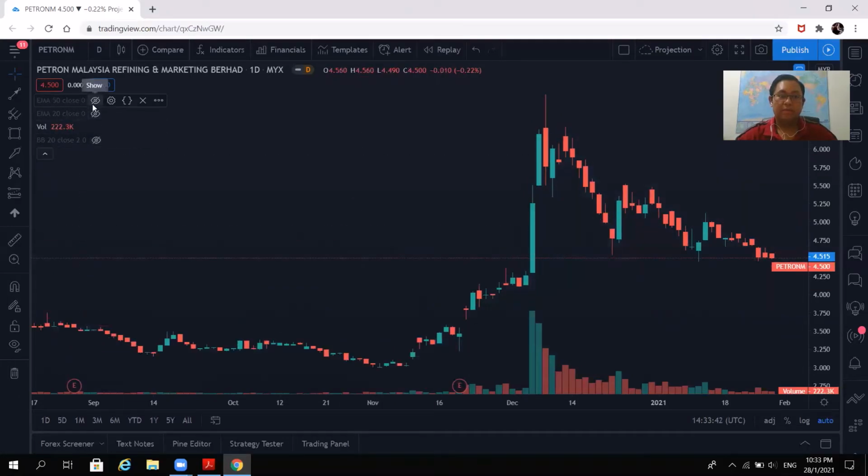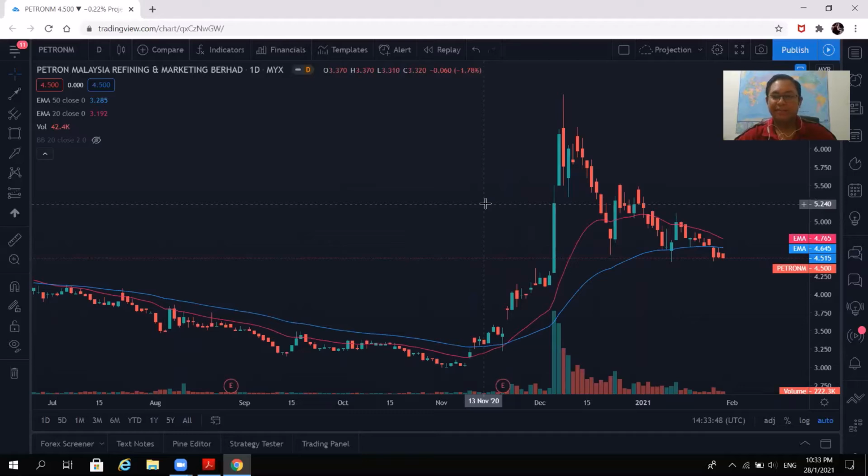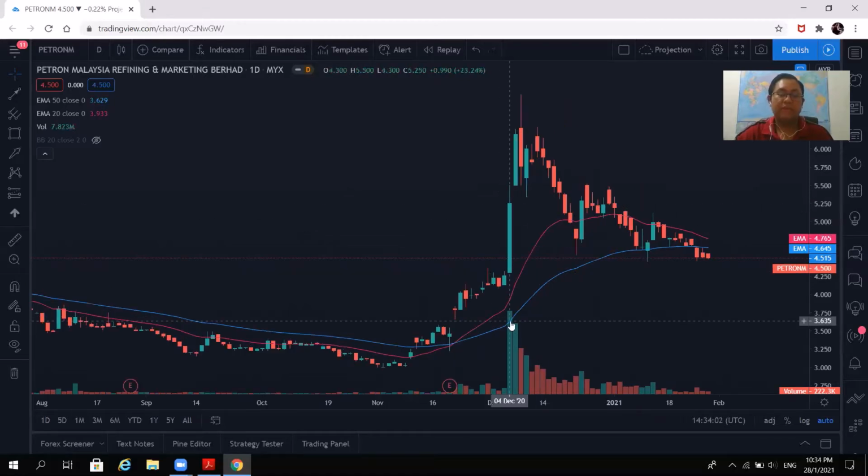So we will see one of our favorite indicators, I would say. I received some feedback that our investors love using the EMA so much. There is no denying, even at the institutional level, we still use the EMA. This is very simple, guys. What we need to see is EMA 20, the pink color, has broken above EMA 50, the blue color. So around 19 to 20 November here in this chart, there's a signal